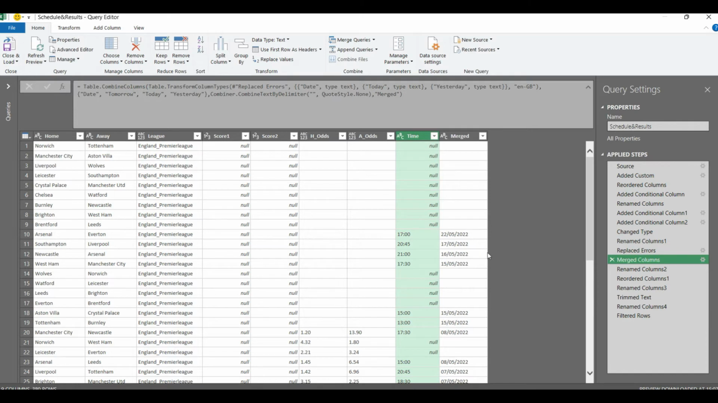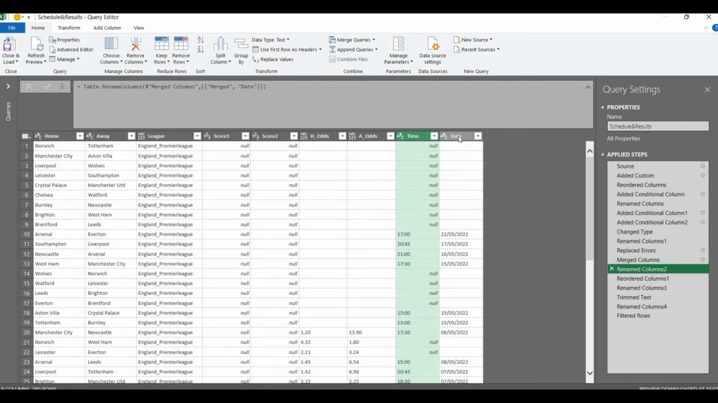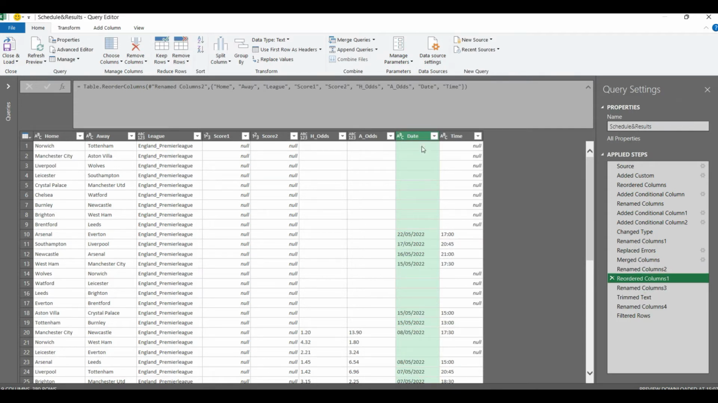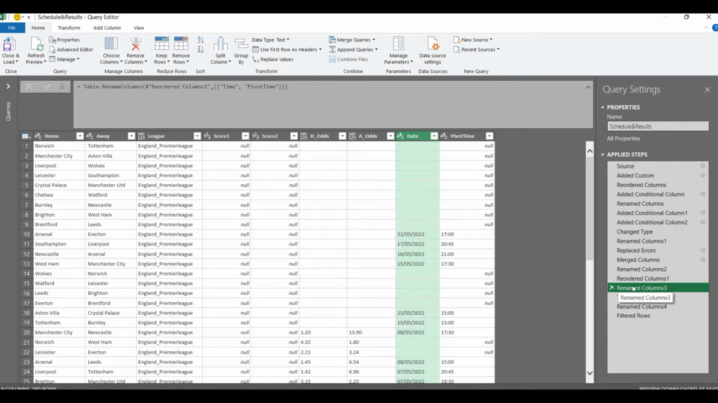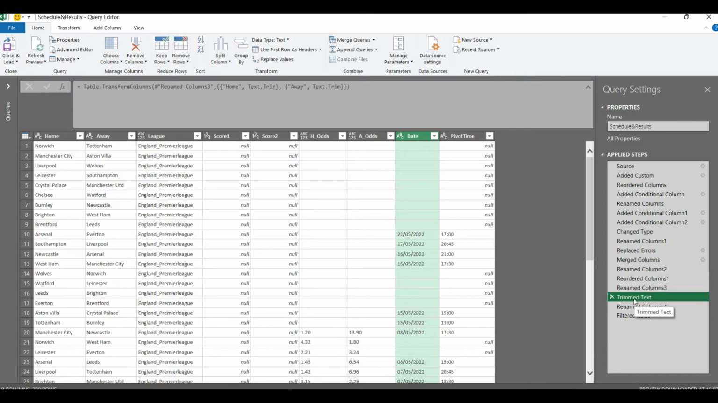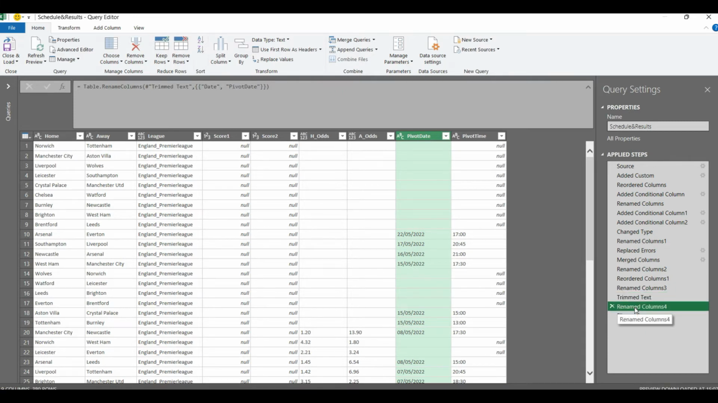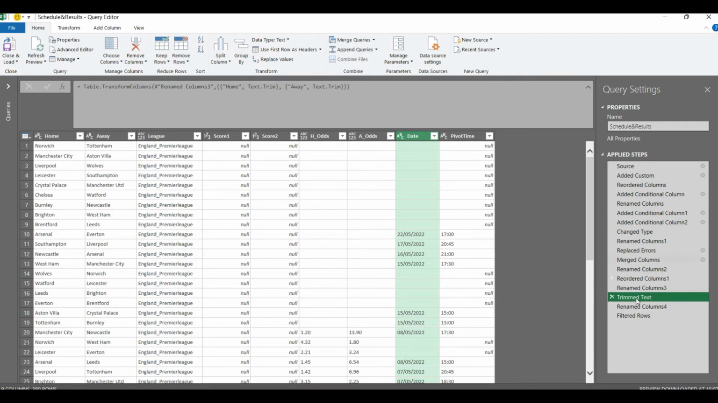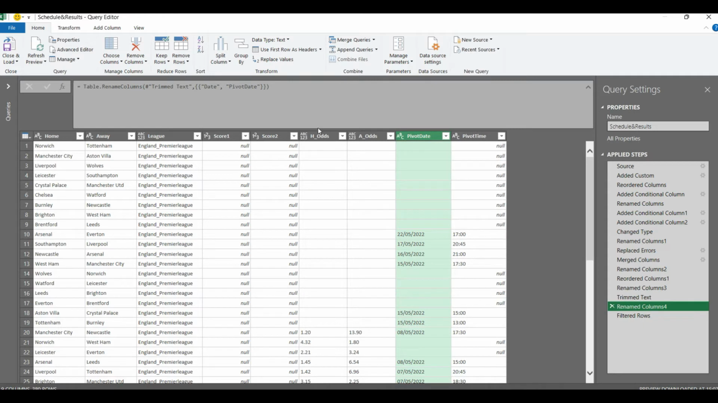And now what we need to do, we rename the column to date, as you can see here. We reorder the column over here. We rename this column from time to pivot time. If we go back, you see why we do that. And then we trim the home and away, because we didn't want to have any spaces in between. We renamed column 4. Let's go back. If we go here, it changes date to pivot date. So we have pivot date right now and pivot time, and then we have